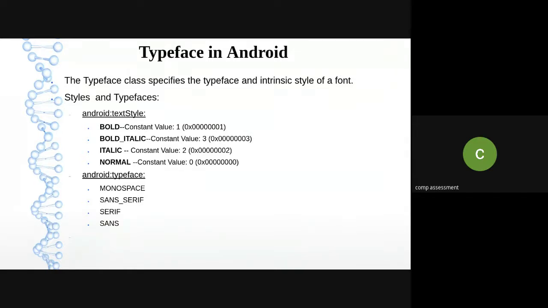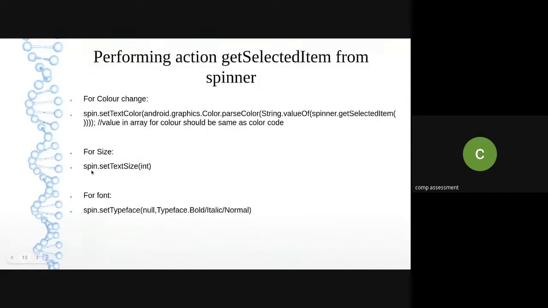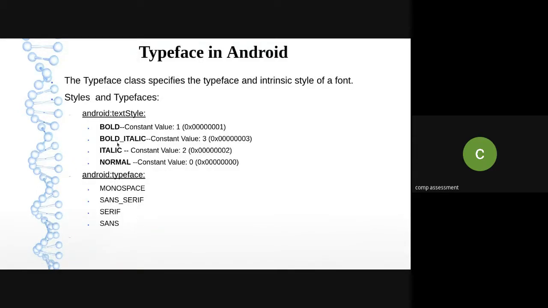So what you can do, as I mentioned, you can use this particular function. The object of your text view dot set typeface, and when you put a function bracket, automatically for that particular typeface function, it will show you all the parameters which are supported with your Android Studio. In this way, you will come to know what are the different typefaces supported with your Android Studio that you can include in your spinner values, so that you can select one of them and you will give the effect.